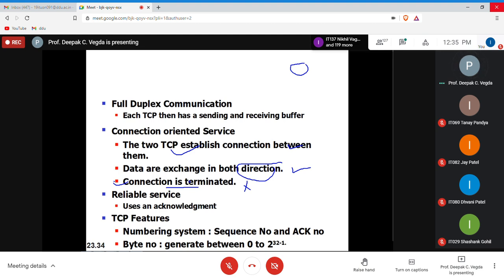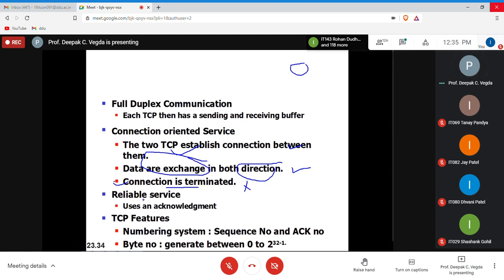You communicate with a person, and at the moment you end your call, you realize that some data is still left, which I want to convey, or that the other person wanted to give you, and then you again establish a connection, or call that person and take that data. So before you terminate, you need to make sure that your data exchange is completely over, right?